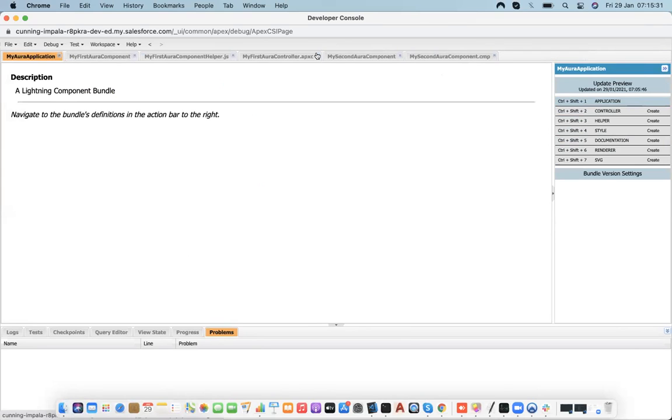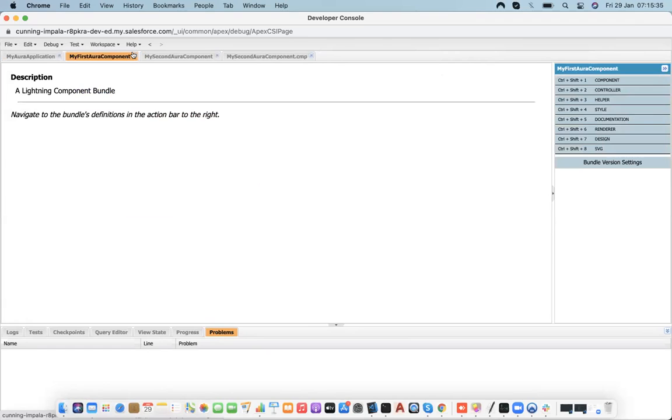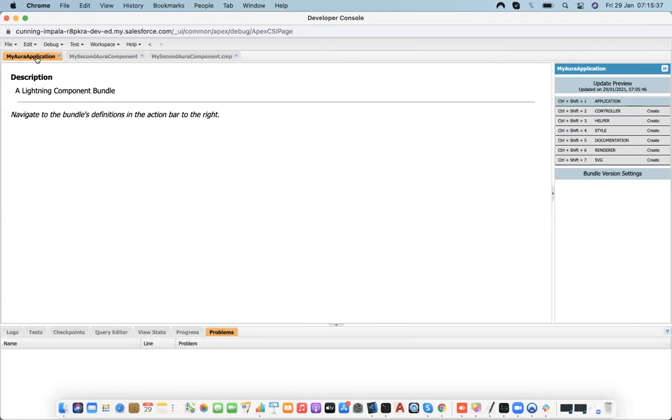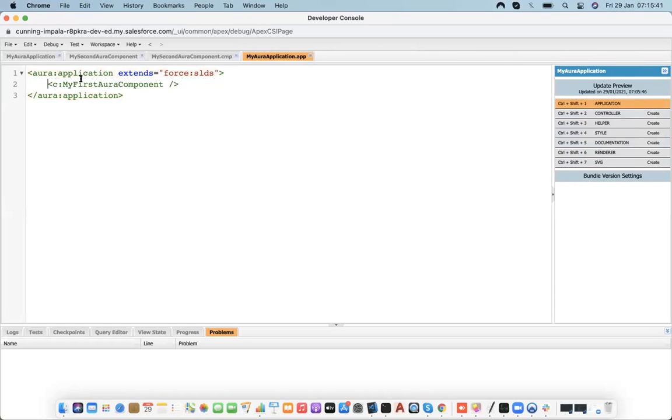I'm closing all other tabs. Let's put, instead of application at first, a component.